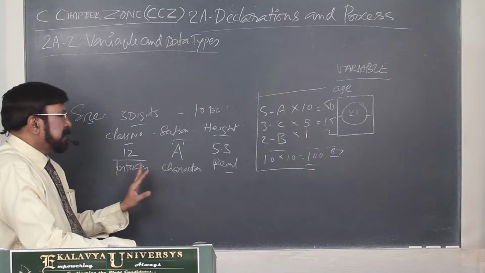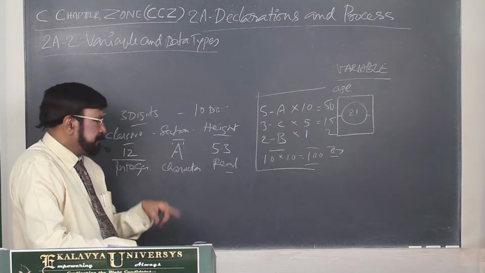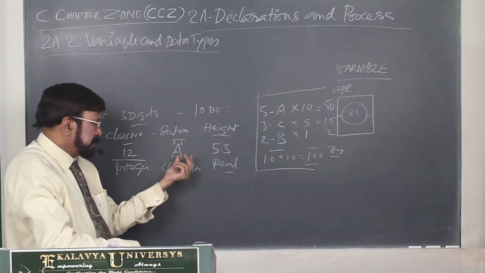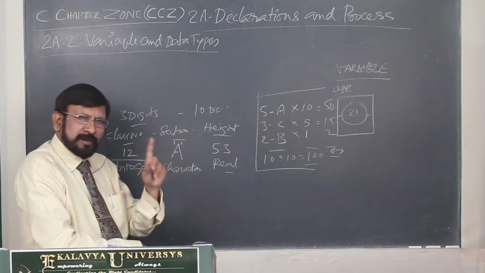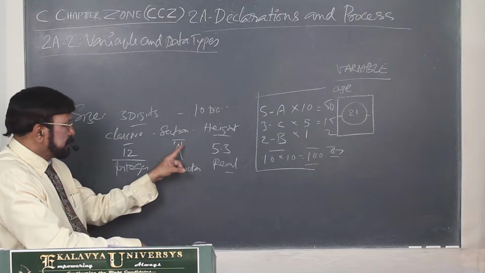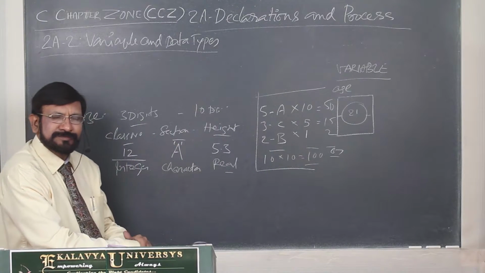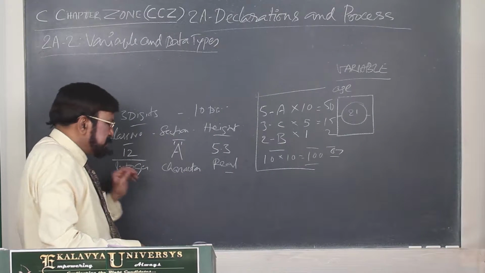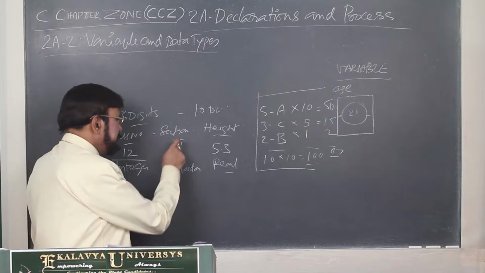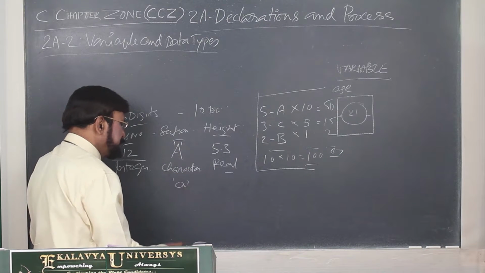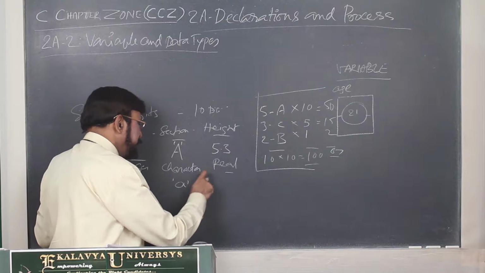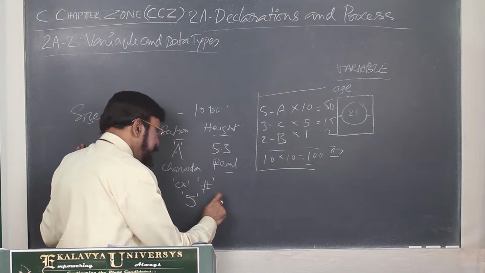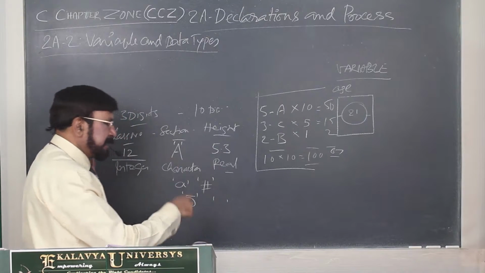Okay. Character means it represents a single character, and as a matter of syntax rule, you have to take single characters only. Those should be enclosed by single quotes. So character means you have to take it in a broader sense, as I explained in the previous topics. This is also a character. This is also a character. This is also a character, and this is also a character, a blank character.